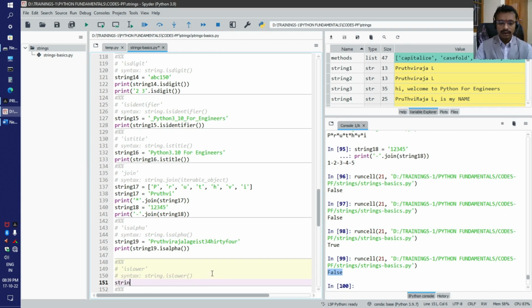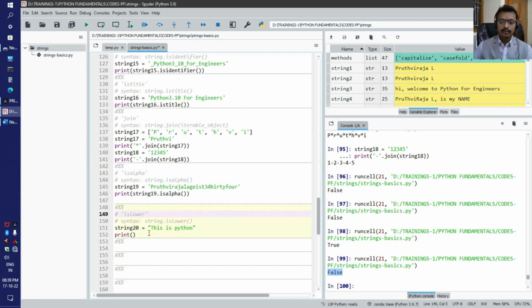For example, here I have a string s20 as, initially I have, This is Python. Look at here, the initial word This consists of the capital letter T. This won't become a cased character or cased word. So if we apply the islower method on this,